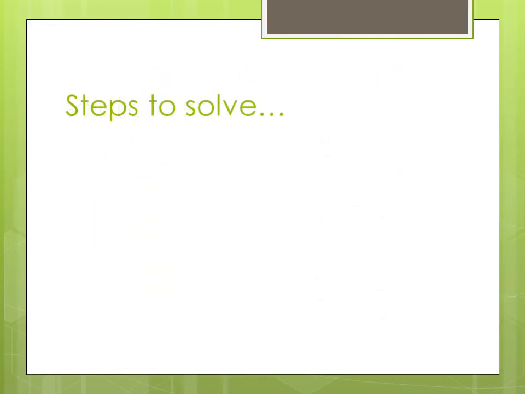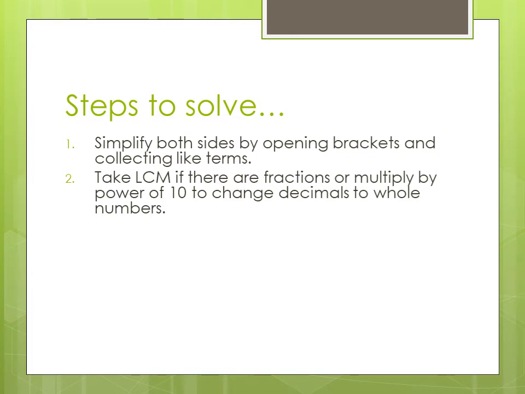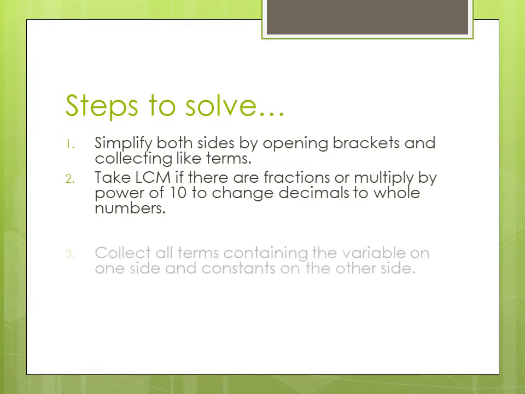Now, if an inequality is given, what are the different steps we follow to solve it? First, we simplify both sides by opening brackets and collecting like terms. Suppose a variable term x is given, we keep it on one side and the constant numbers on the other side. Then if it has fractions, we convert them into whole numbers. You can take the LCM and multiply the entire inequality by that LCM, so you convert it into a linear form that is easy to solve.